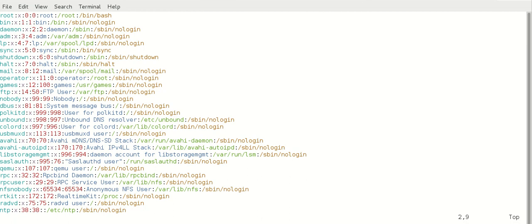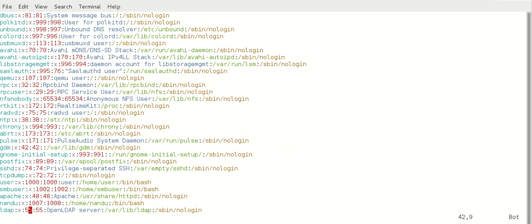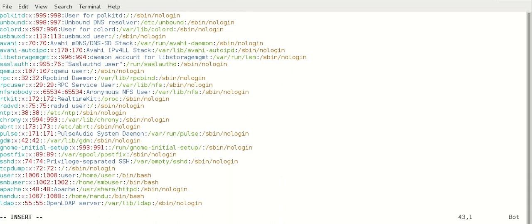Suppose I am going to edit a few lines. I will go to the end of the line and add some lines. Now I am in insert mode. I edited and added one line here. Now I am going back to command mode. I entered insert mode for editing and wrote something on one line, and after that I came back to command mode.